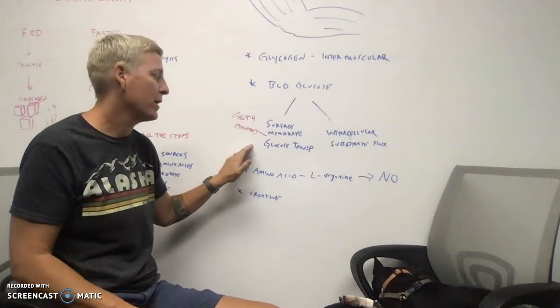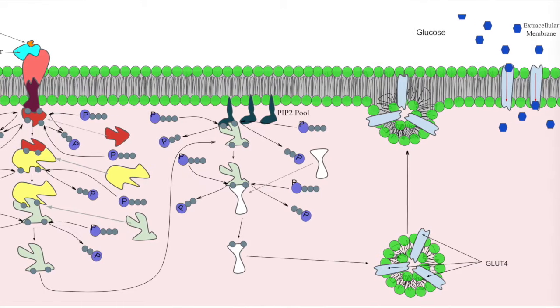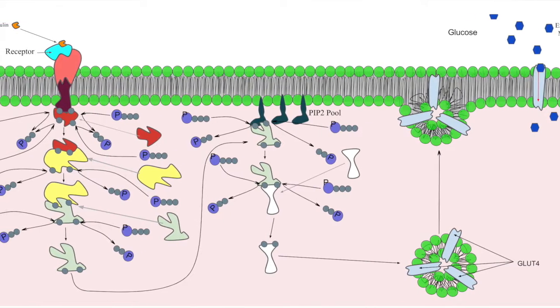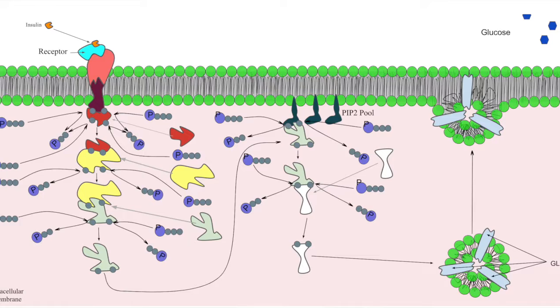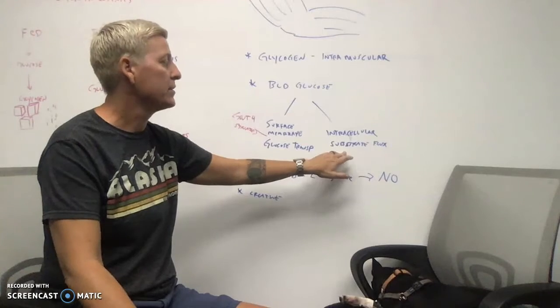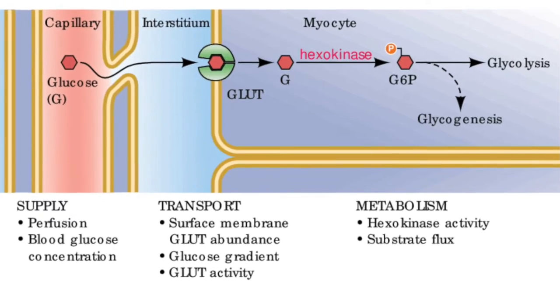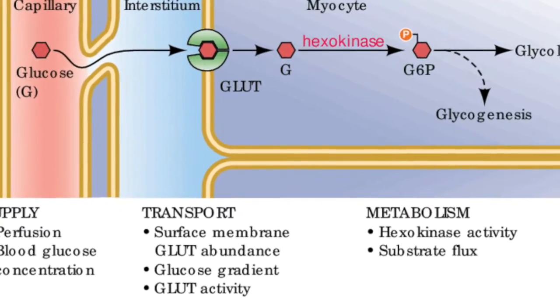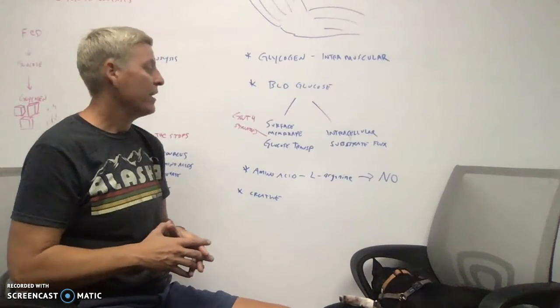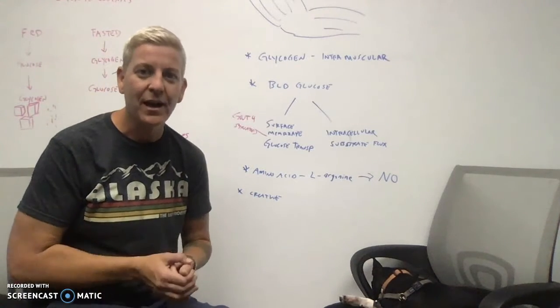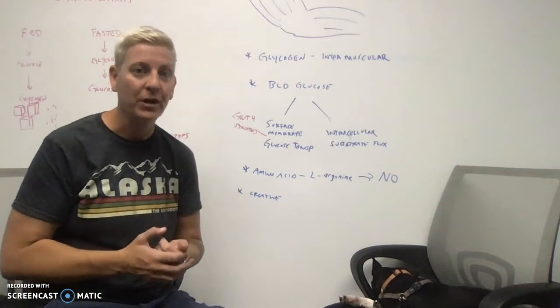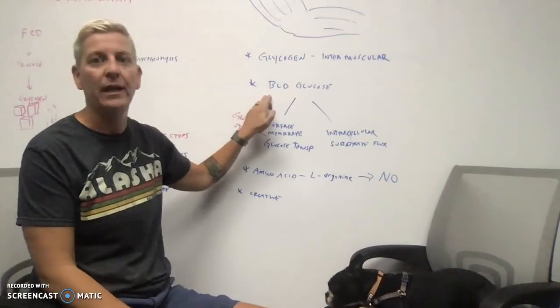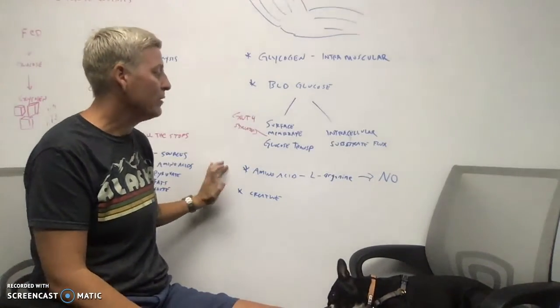It's got a surface membrane glucose transporter, often the GLUT4 when we're talking about striated muscle tissue. And then it also utilizes intracellular substrate flux. So these are 2 hacks that skeletal muscle has that the other tissues don't have. You'll notice a lot of pre-exercise drinks and even post-recovery drinks will leverage the second option here. We have amino acid